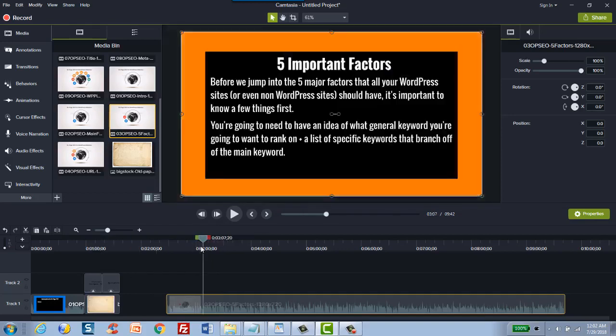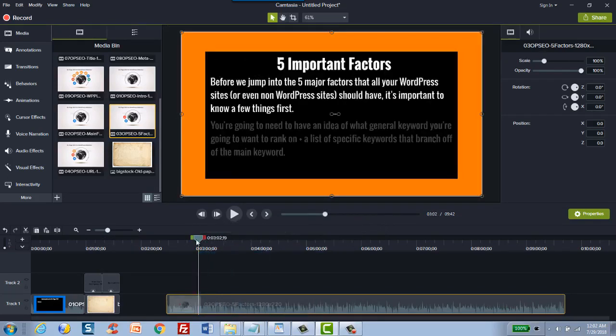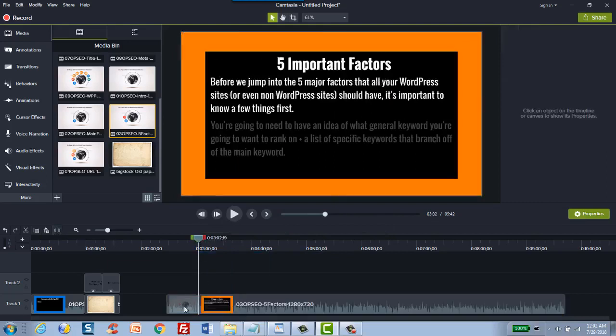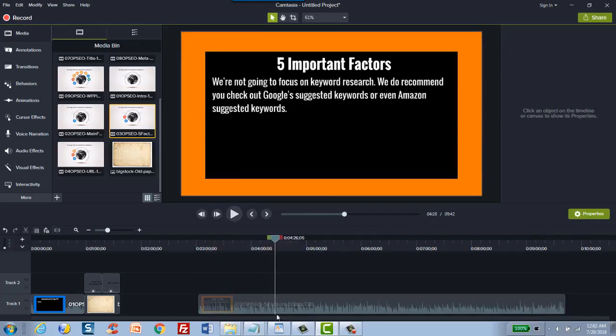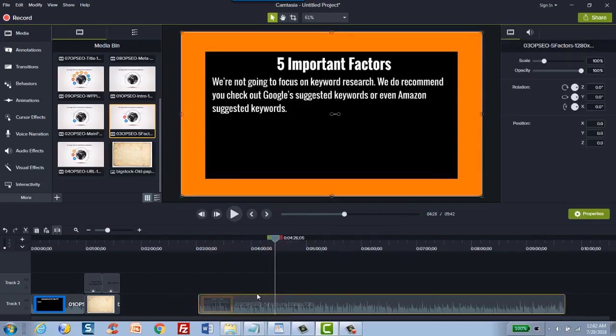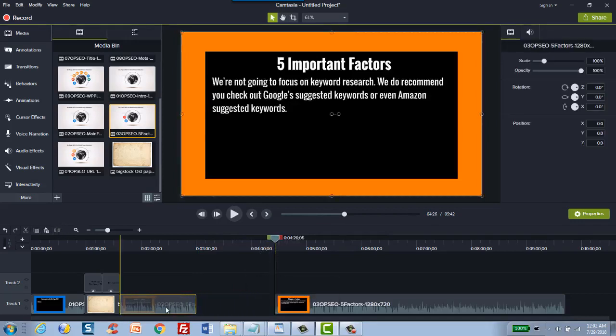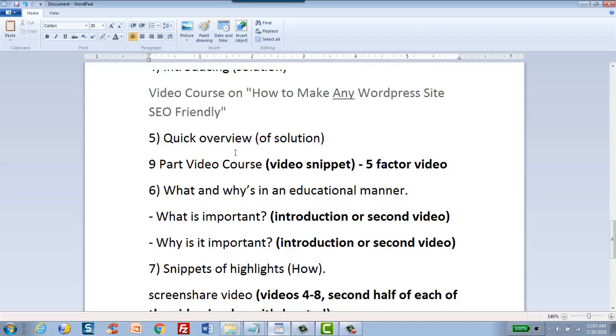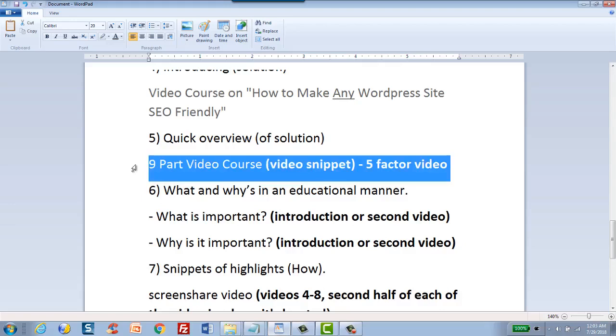So let's say, for example, that the snippet that we want starts from here and then it ends in here. So if that's the case, we want to put the marker here. We want to split it, and of course delete everything to the left of it. And let's say that it ends right here. We'll split, and then we'll move that right here. All right. And then we move on to the next item, which is the